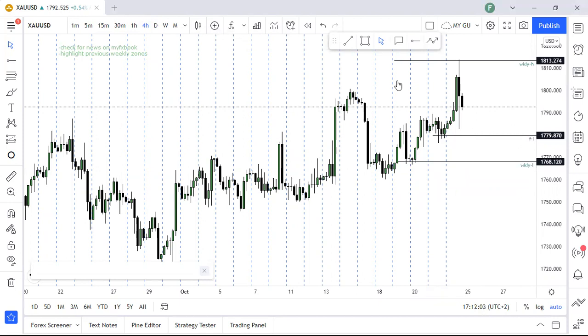So let's just add highlight previous daily zones, the high and the low. When I say previous daily or previous weekly, the high and the low only. You're not putting too many lines or too many zones inside the candle itself, just the high and the low. And then the next thing,